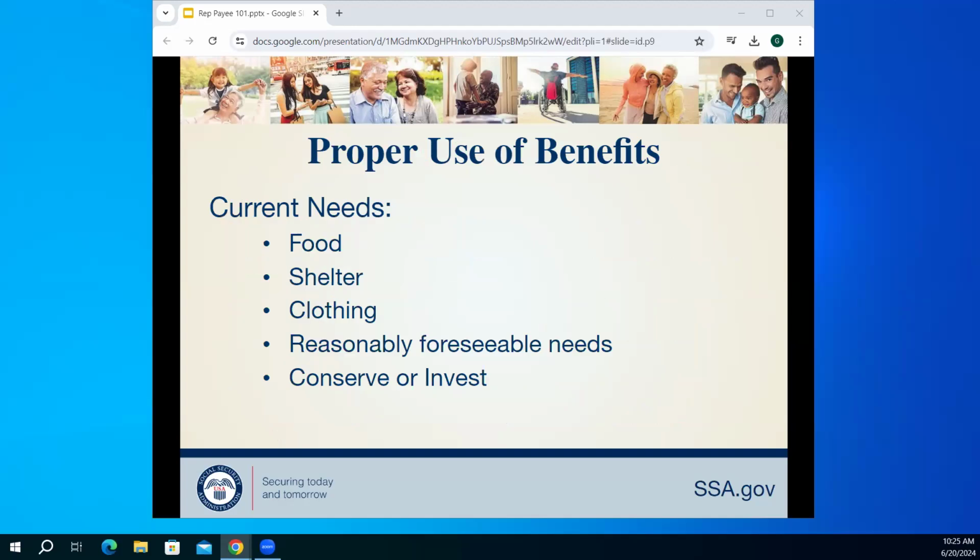On this slide, we talk about the proper use of funds. And we did touch on it just a second ago. Their current needs are really one of the most important things: food, shelter, clothing. Also think about their reasonably foreseeable needs, if there's ability to conserve any of the funds or invest any of the funds. This also includes utilities, dental, medical care, personal comfort items,